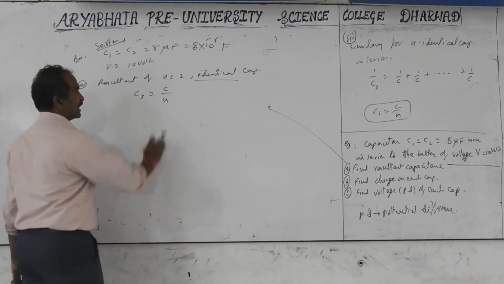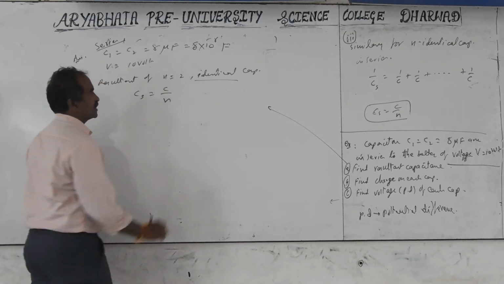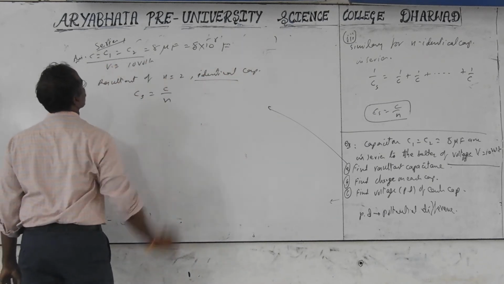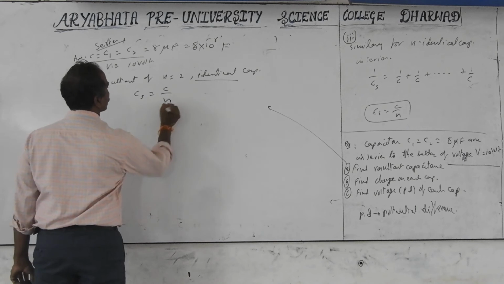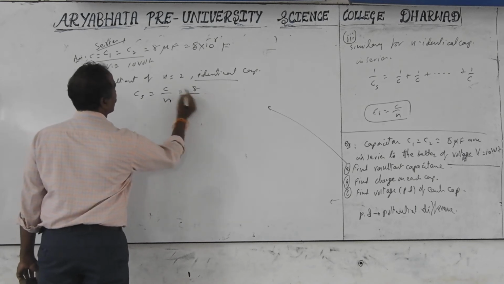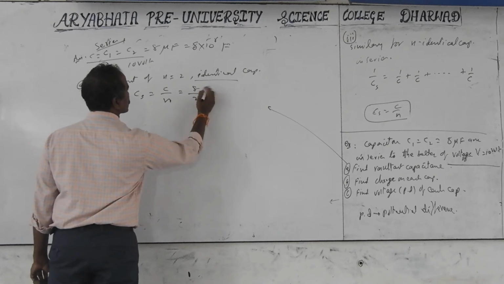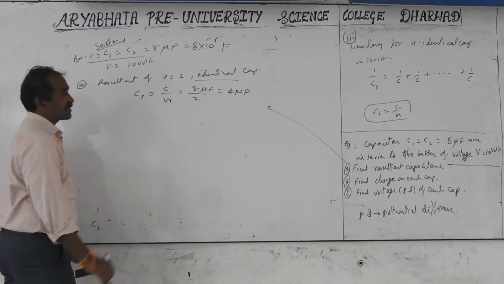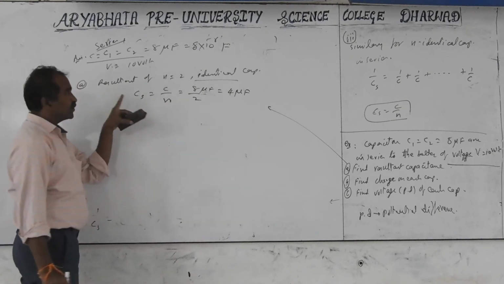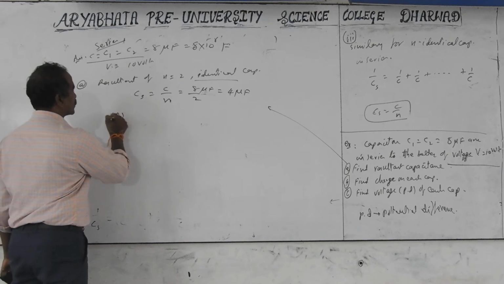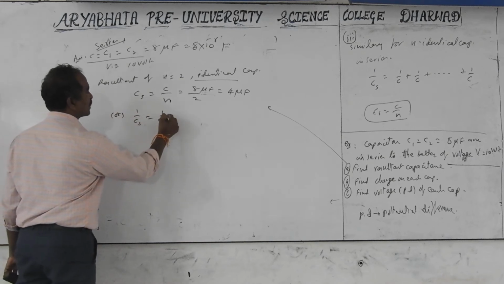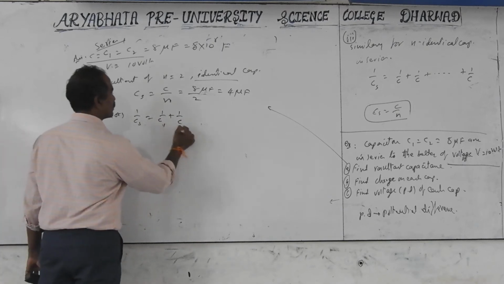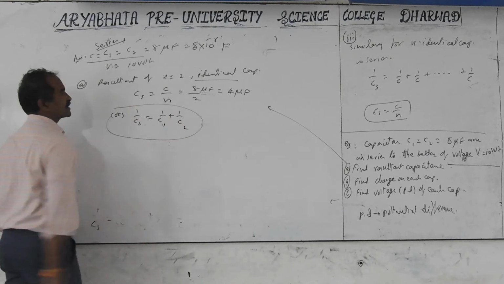You have to be careful for the parallel combination, that is different. C each is how much? C1 equal to C. This is equal to 8 by 2 microfarads, which is equal to 4 microfarads. Just half you must do, but for the examination you must write the formula. You can do this formula, or you can also take the relationship 1 by C equals 1 by C1 plus 1 by C2. Like that also you can calculate and you will get the same result.